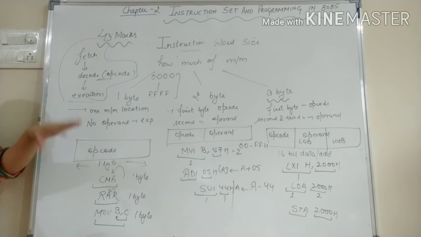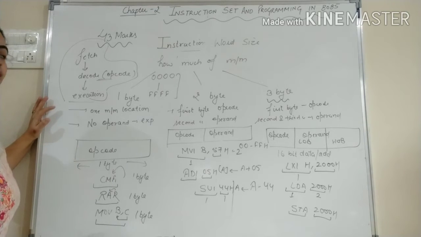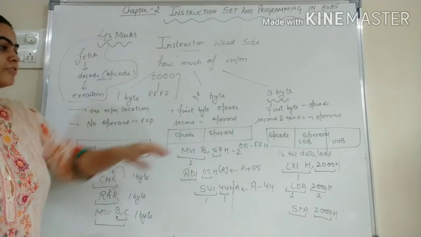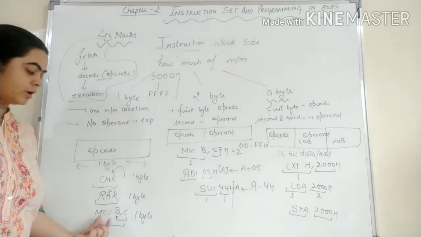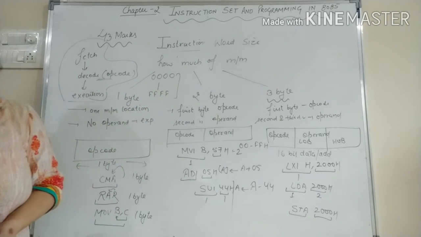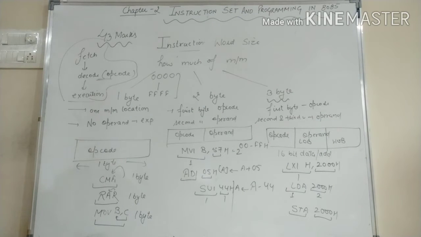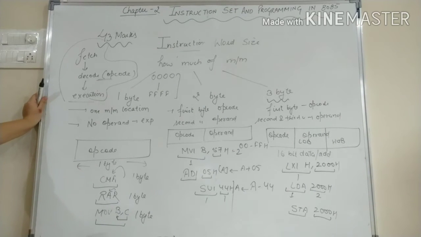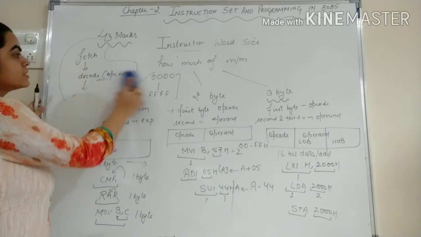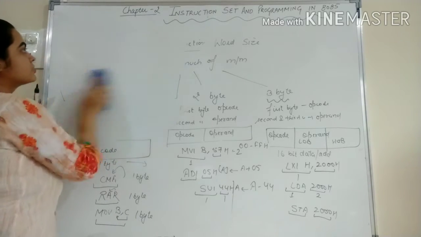So that means if we are assigning opcode to all the addresses as well as all the data, then it becomes infinite. So rather than that, we can assign the opcode for ADI, MVI B, like CMA, RAR, MOV B, C, because these are limited, but numbers and addresses are not limited in size. So we can make opcodes for registers only, because instructions and registers are limited in size, while data as well as the address is not limited in size. So this is about the instruction word size.